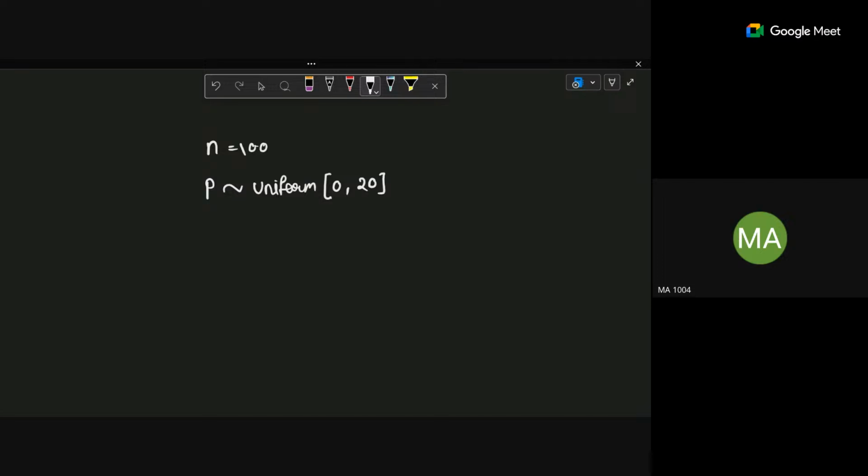Whenever they talk about sample mean, you just consider this x bar as there might be some 100 random variables, because they have given the sample size as 100. So there might be some 100 random variables which follow a distribution similar to this P. My sample mean will be the sum of all these random variables divided by 100, right?